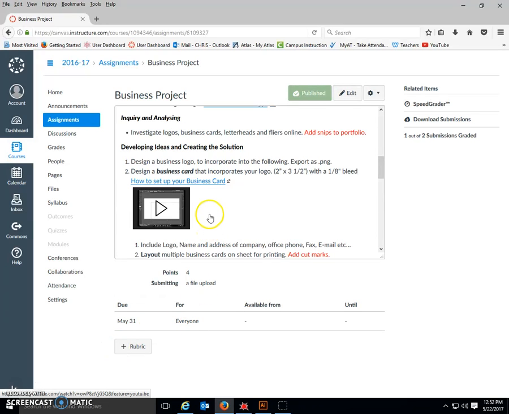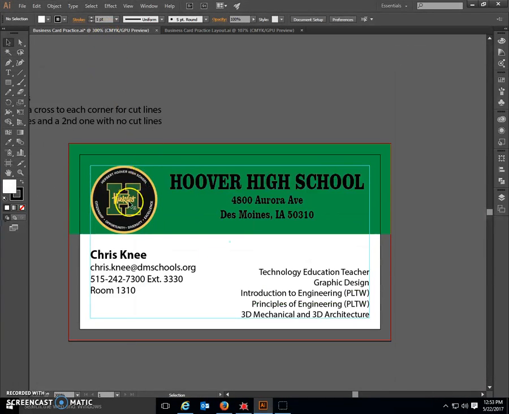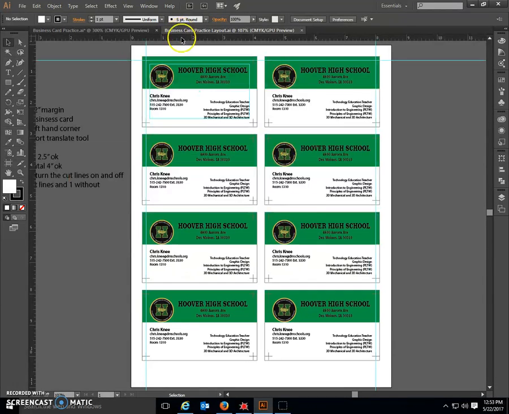Okay, today I'm going to show you how to lay out the business card. Once you have one business card created, it should look something like this. And once you have one business card created, then we need to put it on a sheet to print and cut. So before we transfer it over to another sheet, we need to go ahead and put some cut lines